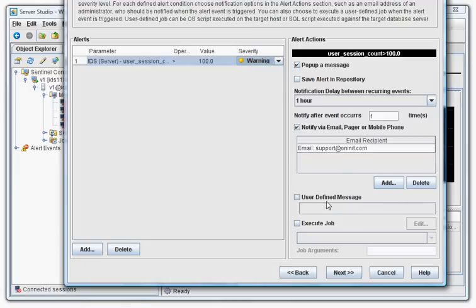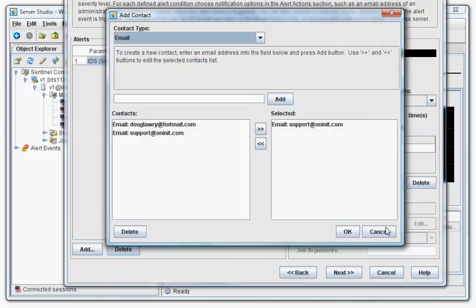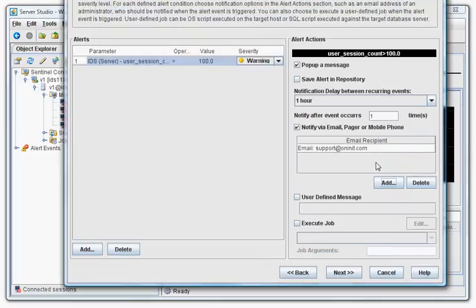You can vary the text that is contained in the email. Normally you can just leave the default, fairly self-explanatory message that the AGS has chosen. You can also, unusually, have an AGS job executed should something happen. Emails are issued. You can add multiple email addresses in there if you want. It's got a built-in SMTP client to send the email out directly,